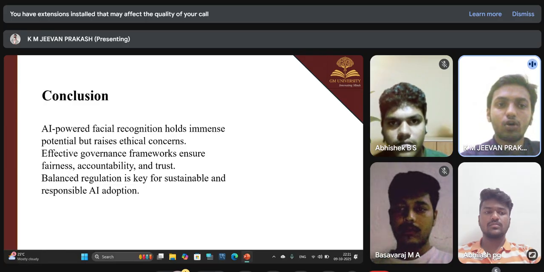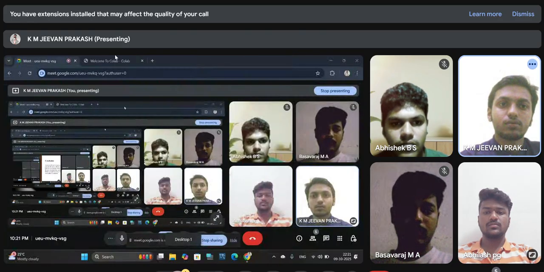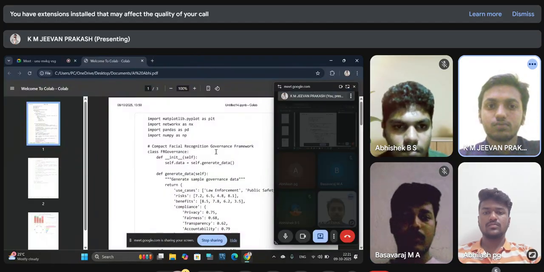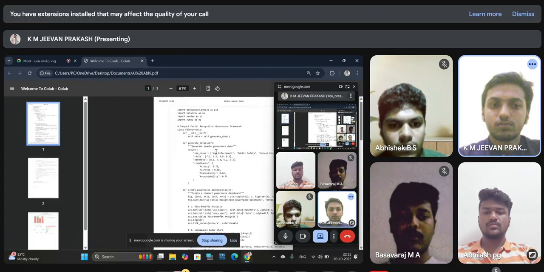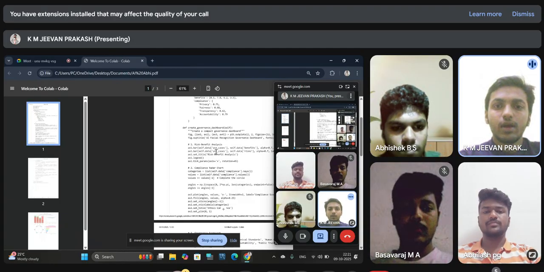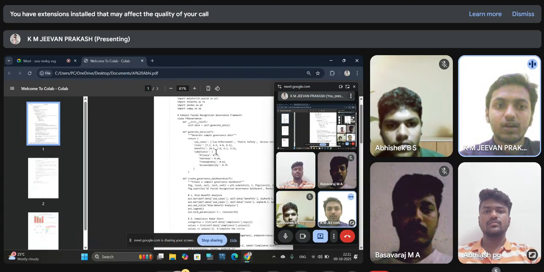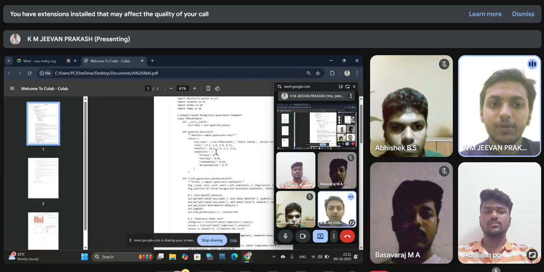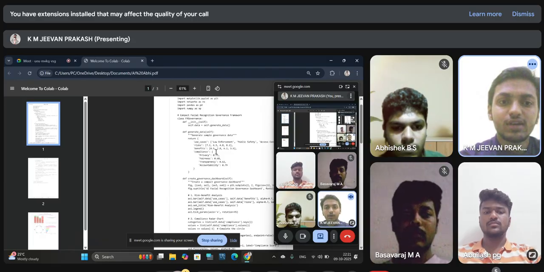We are coming to the code part. Dashboard analysis for facial recognition governance using visual components.